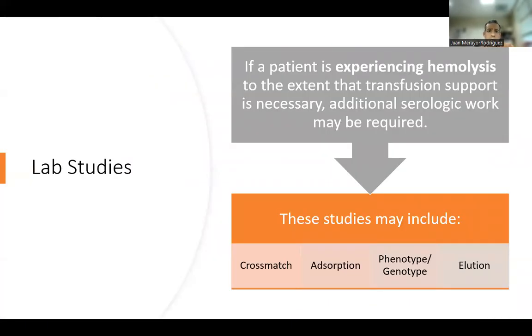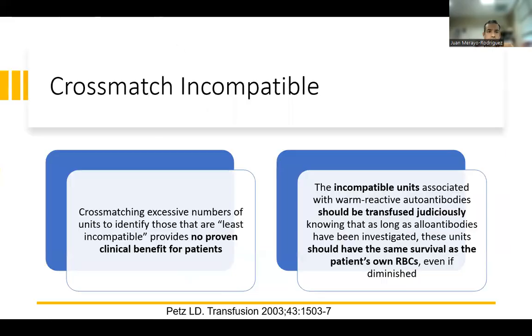Looking at the lab studies, if the patient experiences hemolysis to the extent that transfusion support is necessary, additional serologic work may be necessary. These studies may include the cross-match, absorption studies, phenotype or genotype, and elution. We'll look into this further. When we talk about cross-match,